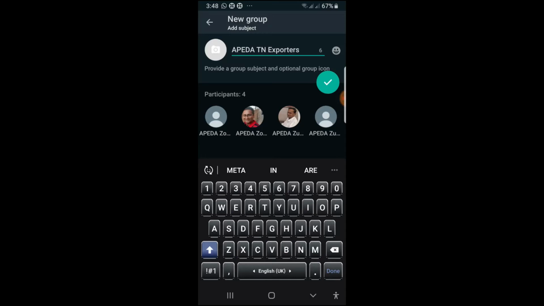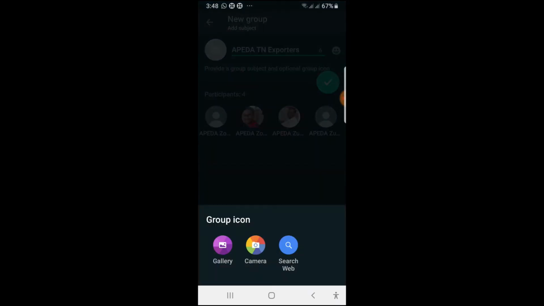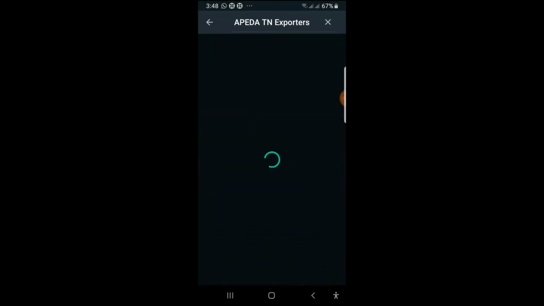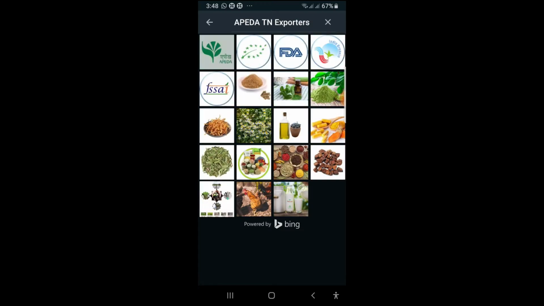So I have added 4 participants along with myself. Then an image. Okay. I am searching for the web to select the image. Just wait a minute.